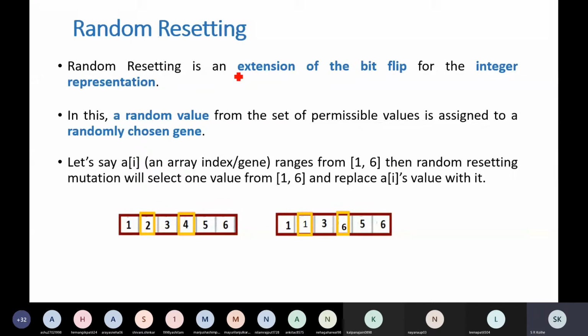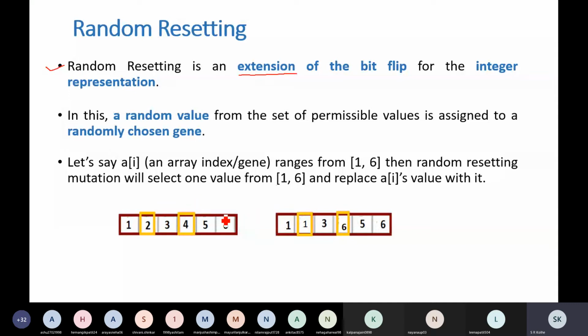As its name suggests, here the same mechanism we are going to use, but if your representation is, for example, integer representation, bit flip will not work. So some modification will have to be incorporated, and that is random resetting. We will say that it is an extension of bit flip, similar to the earlier algorithm, but it will be used for integer representation. In the earlier case, we have seen that bit flip mutation we can use only for binary representation.